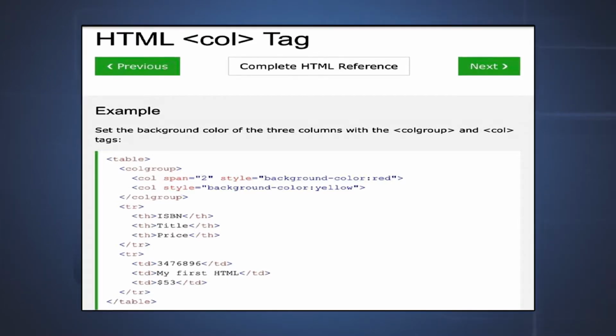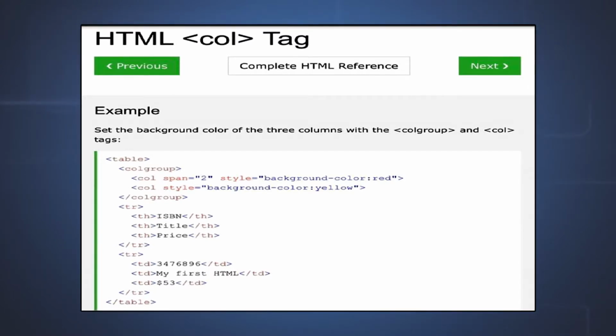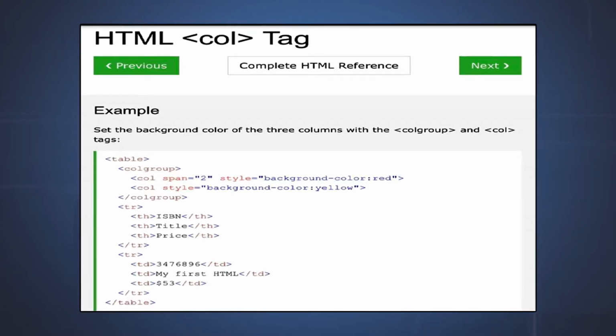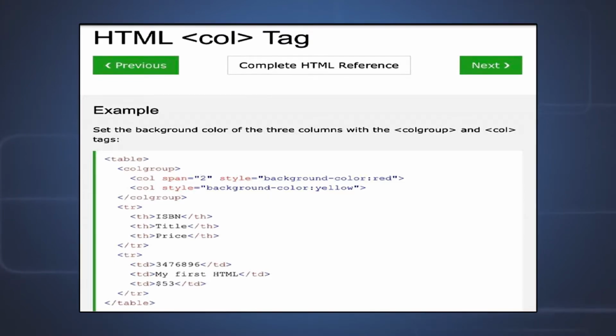Then let us consider the table rows. Now when we are considering the table row, there will be table headers. Suppose we want to set the headers as ISBN, title and price. So clearly we are speaking about a book, because every book has a number, it has a title, and it also has a price. Of course, it has an author also. So you can try to add that one also and do something.